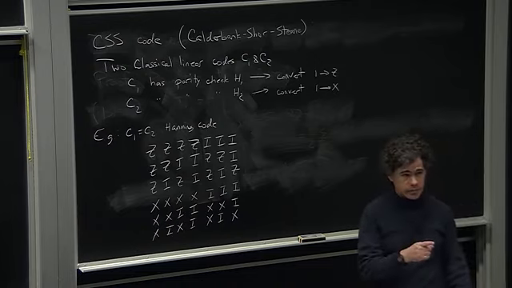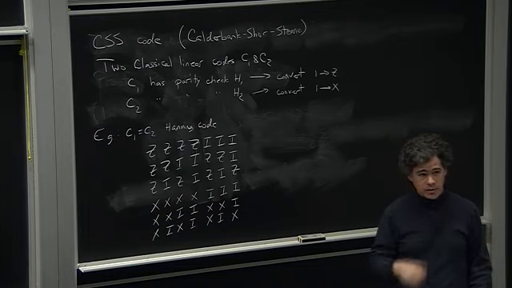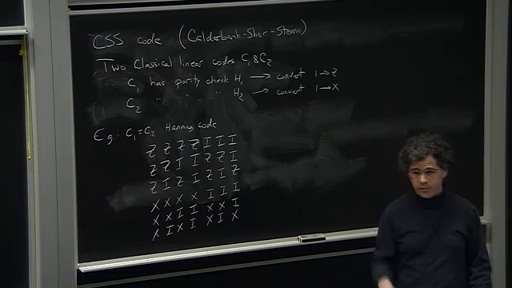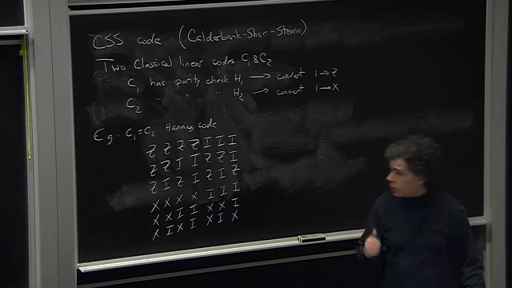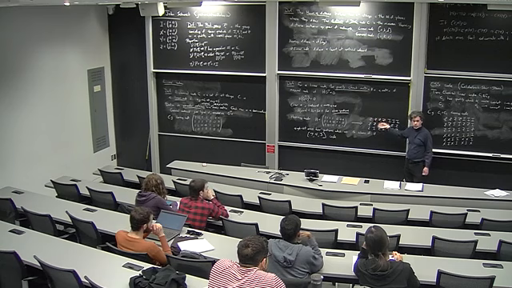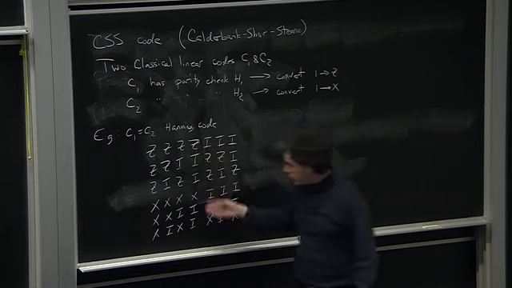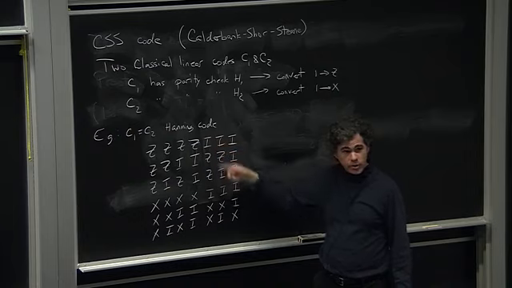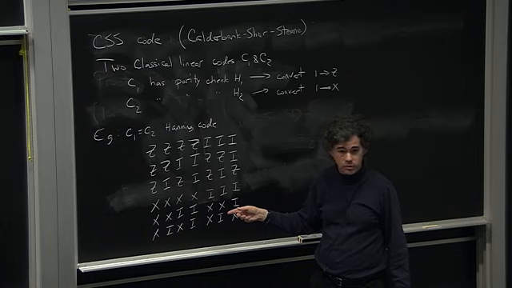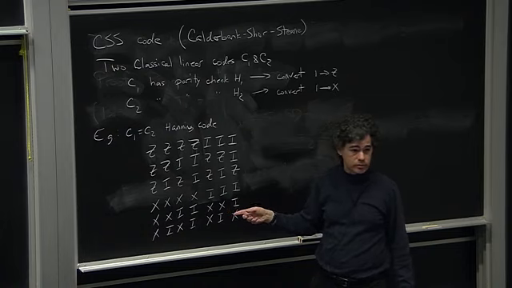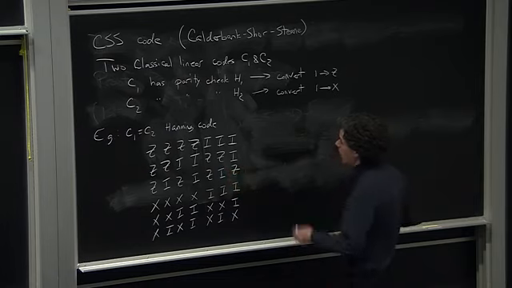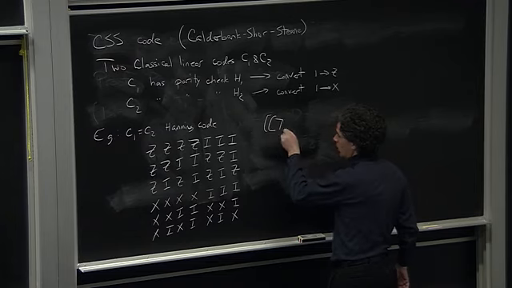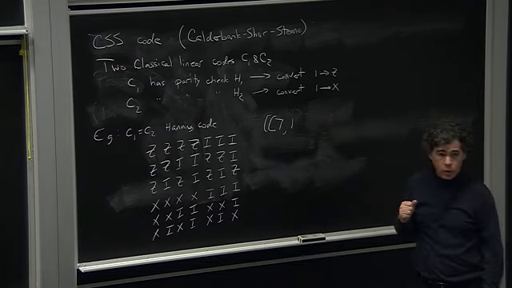But here's the thing. How do we know this is going to have any logical qubits? For that to apply, it has to be an abelian group. Is this an abelian group? Well, this thing here was definitely an abelian group. It just involves Z's. And the part down here just involves X's, so that's definitely fine. But we should check that these things up here commute with these things down here. That doesn't have to be true. In this case, it is true. So it is an abelian group, and